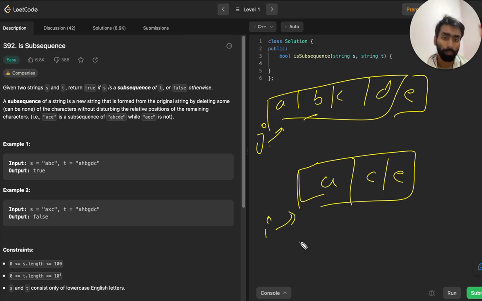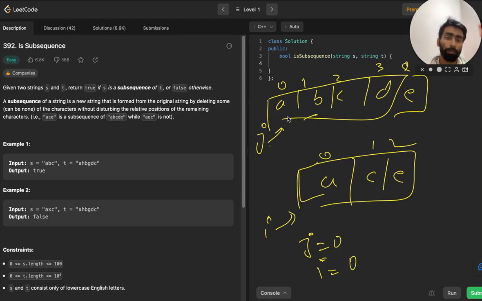So let's write the indices here: 0, 1, 2, and 0, 1, 2, 3, 4. We will compare the character at index 0, as their values are initialized with 0, and if these characters match each other, then this value gets updated by 1.